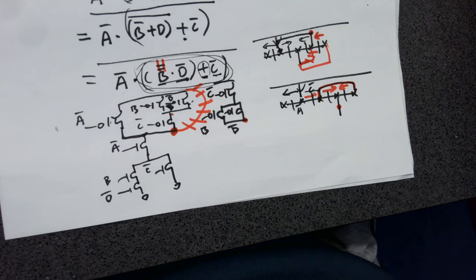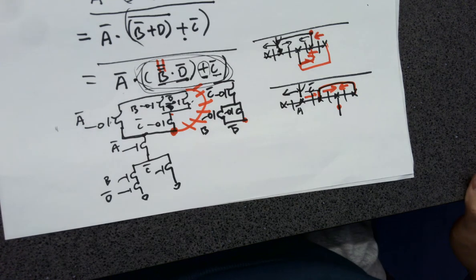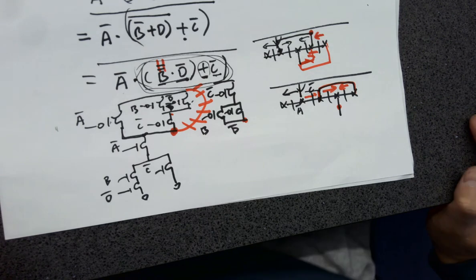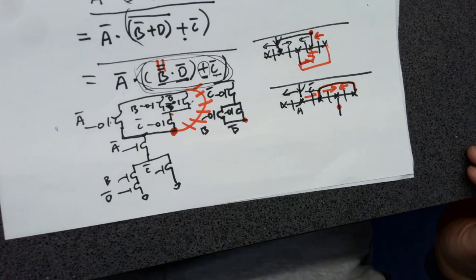How much did you get from this kind of technique? 20%? No, not even 20%? 30%? 10%? 0? Really? So,